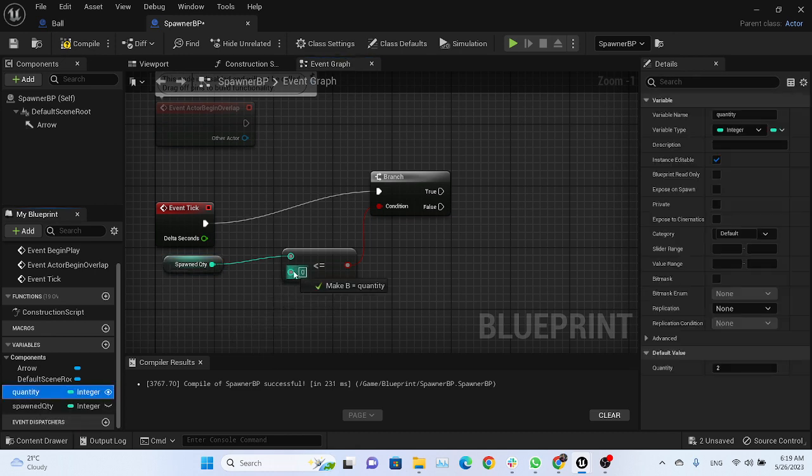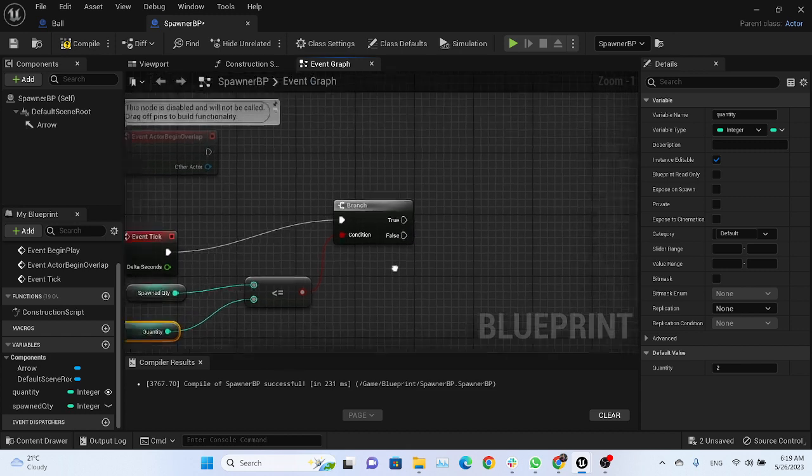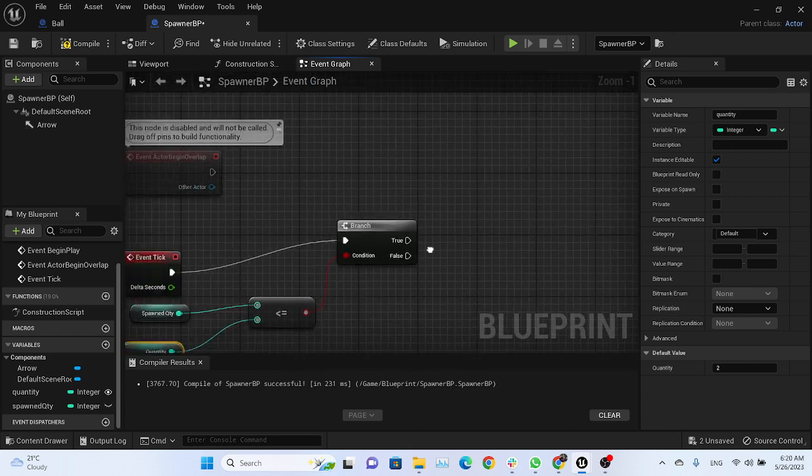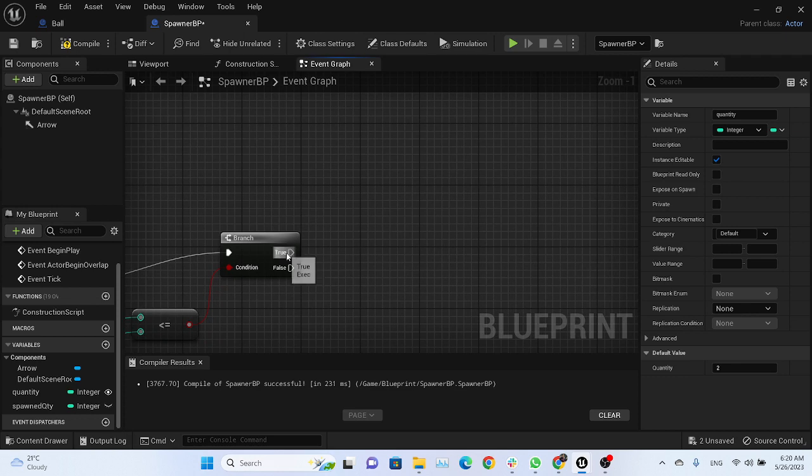If spawned is less than or equal to the quantity, then we actually need to